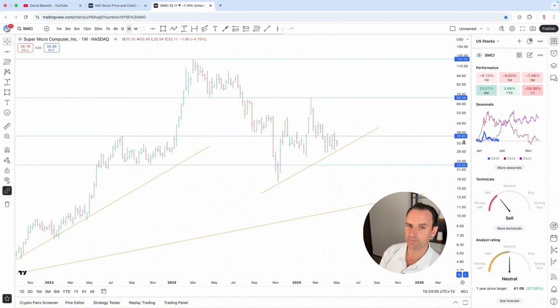So now that we've got the key price levels on the chart, we can see that SuperMicro at the moment is trading around this level here, $32, and it's just underneath this key level of $35. So price might face some resistance trying to break through this level as it starts to move up in a bullish scenario. Of course, I'm going to talk about two scenarios, the bullish scenario and the bearish, to cover both sides, because you never quite know what price is going to do. It's all about thinking about the probability of what price could do, but always thinking about the worst case scenario